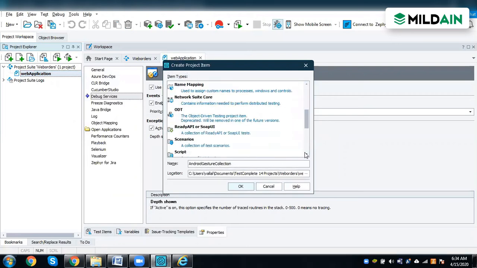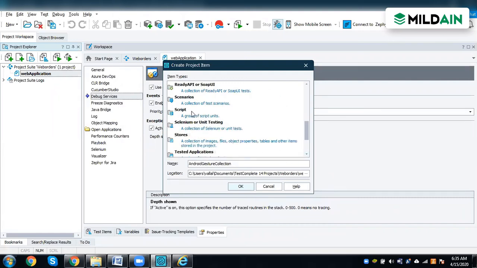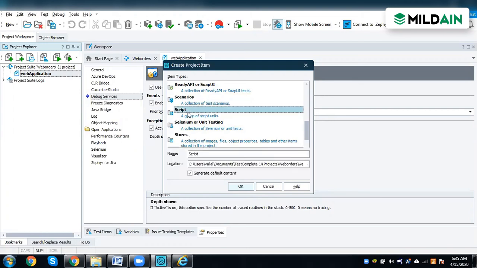Other than all this, there's Ready API. The scenario is that they've recently added something for BDD within TestComplete. So when you want to use BDD scenarios, you can use it inside it. And this is the main thing, whichever script we are going to write, all the coding and scripting and all this stuff. This unit will help you to write in different scripting languages, either VB or JavaScript, based on whatever we select.